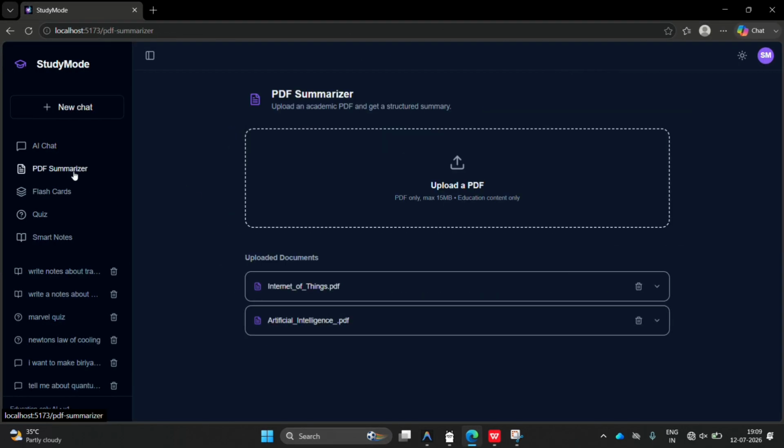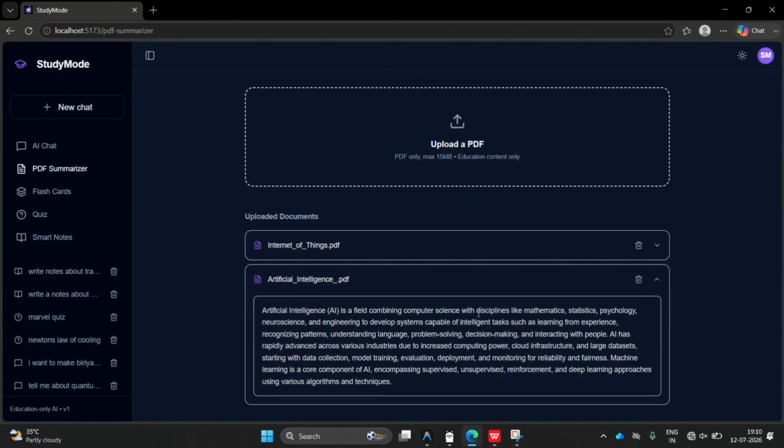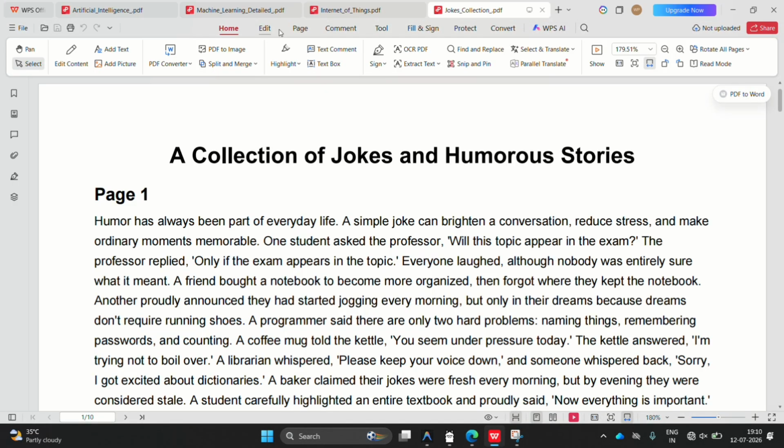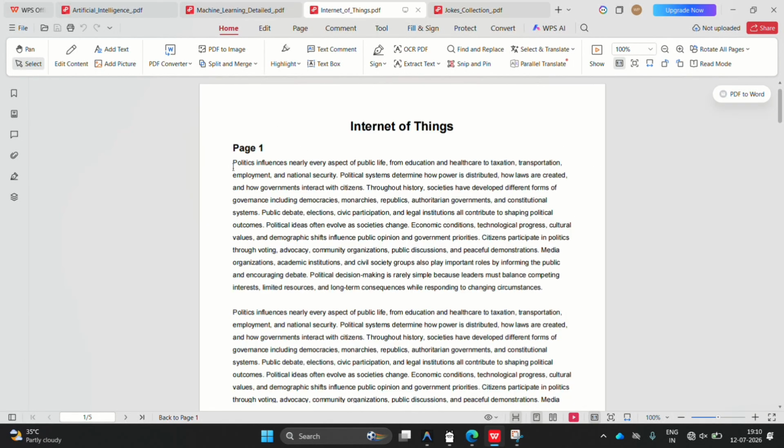Now, the next module is the PDF summarizer. It summarizes the PDF and gives a small amount of matter so we can easily understand. As you can see here, I gave two PDFs about artificial intelligence and Internet of Things. Now, I wanted to show the uploaded PDFs. So,